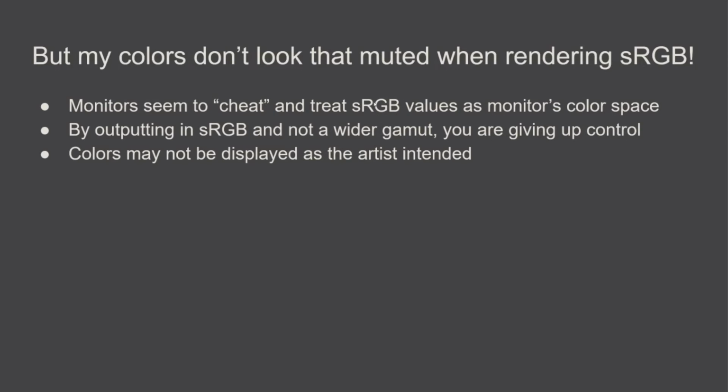That's supposed to be a very distinct color value that, you know, everyone can agree on in the real world. But when you send it to your monitor, the monitor is probably going to be like, I'm just going to show my reddest red. Now, if you output in sRGB and not a wider gamut, you are giving up control, because the thing is,